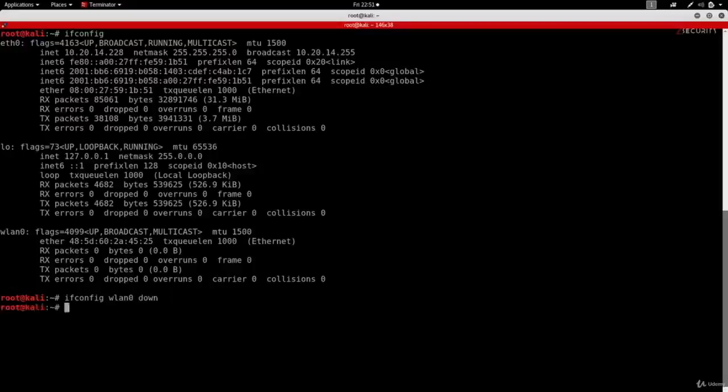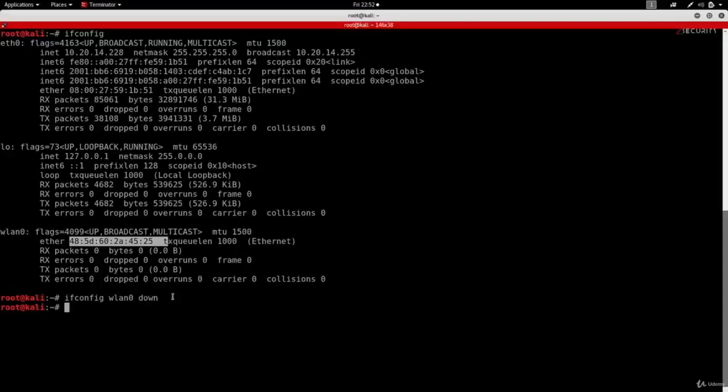If I hit enter, you'll see the command runs with no errors, so it got executed properly. The next thing that we need to do is change the option that we want to change, and in this example, it's the ether, which is the MAC address.